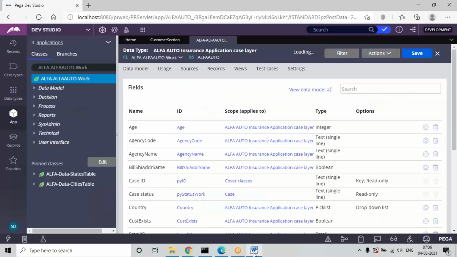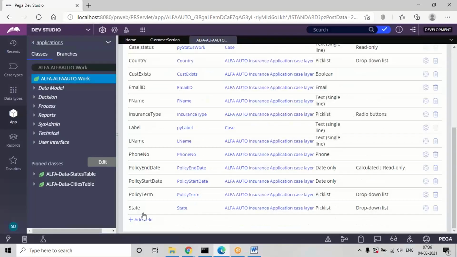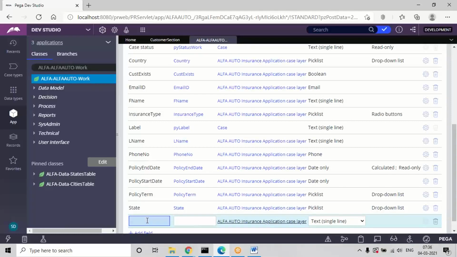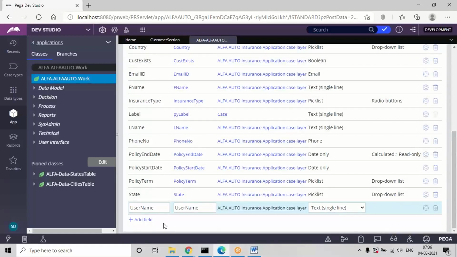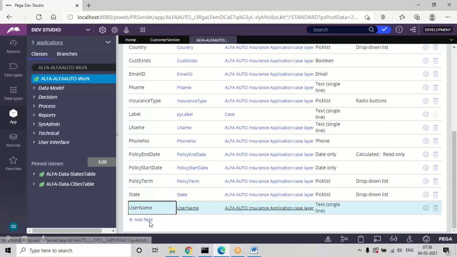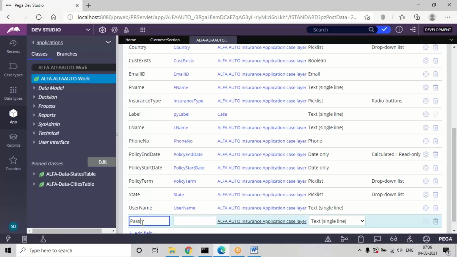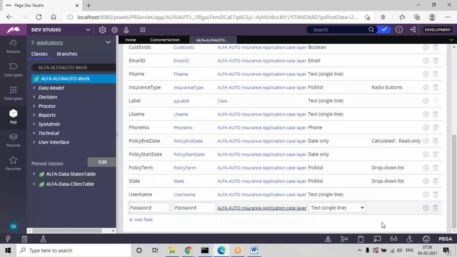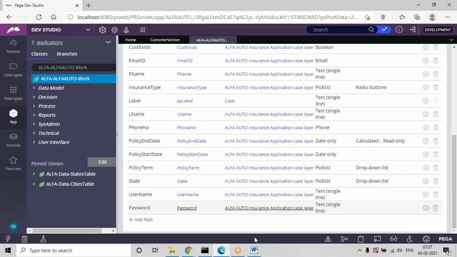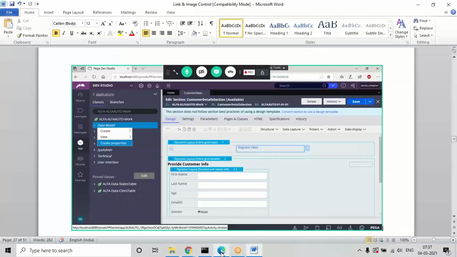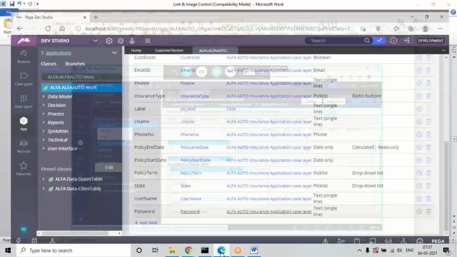Okay, I'm going to create two fields here, username and password. Now go back to the section.